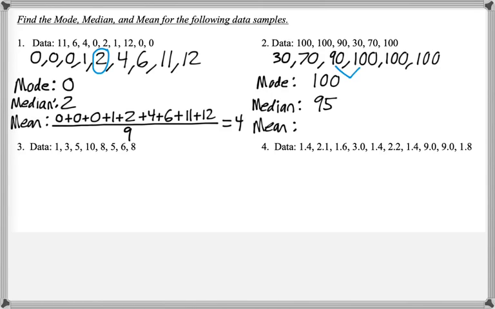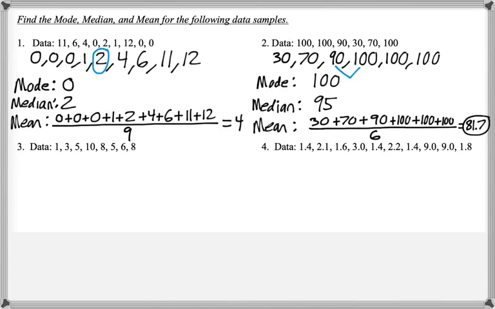and that is 95. And then for the mean, we want to add up all of our numbers and divide by 6. And if we do this, we get 81.6 repeating,